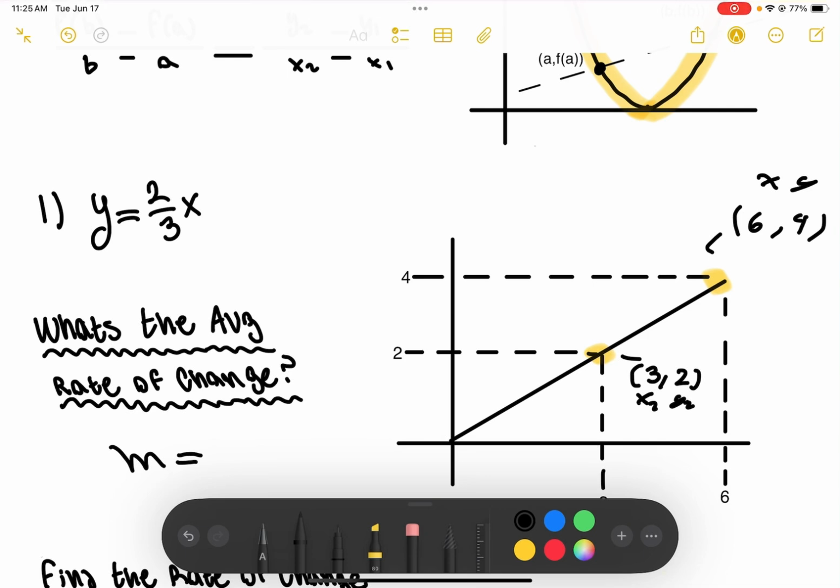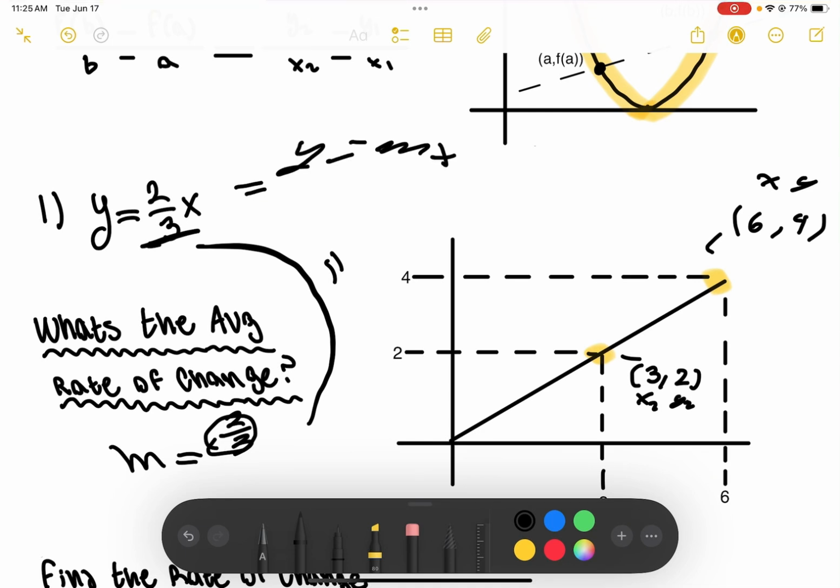So our rate of change, who would have guessed, is 2/3. And you're probably wondering, what does this mean? Well, again, this is basically just a refresher, honestly, for your other classes. Literally, that's the m value. This is also known as y equals mx plus b, and what the slope is, see, m